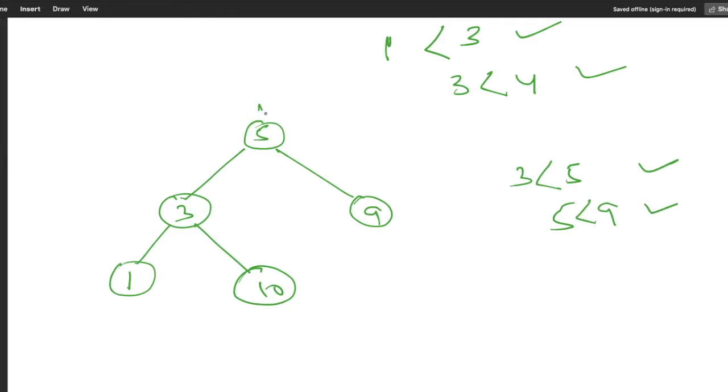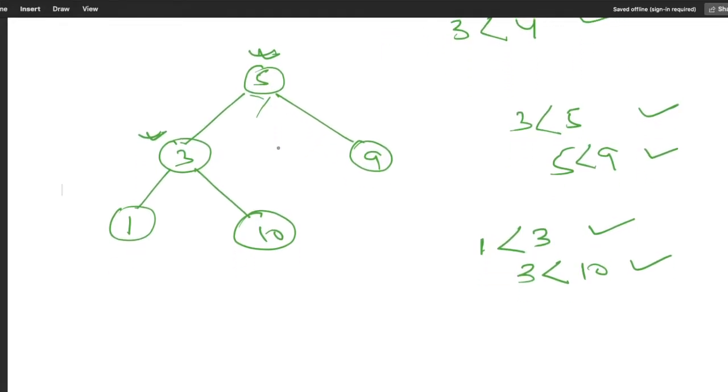So for this node the BST condition is satisfied. Now let us come here. For 3, it is greater than the left side, yes, satisfying the condition. Also 3 is less than the right side, so it is also satisfying the condition. This node is also satisfying the condition.